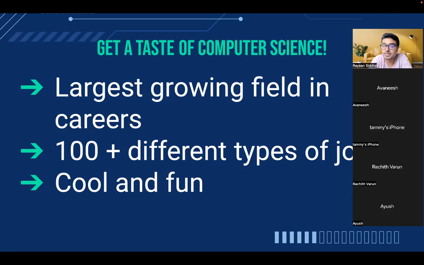There's so many different cool things you can do. And the coolest thing is, you don't need much time, or much money or experience. All you need is a laptop, an internet connection, and you're well on your way with computer science. That's the beauty of the field. And that's the coolest thing.